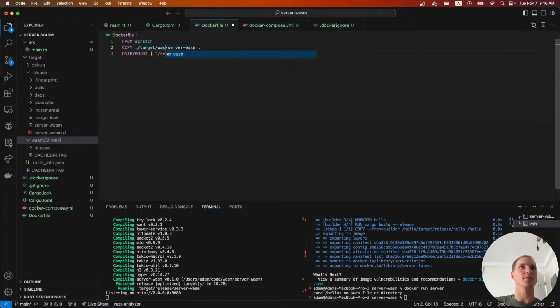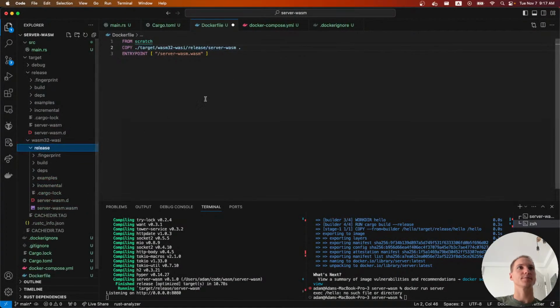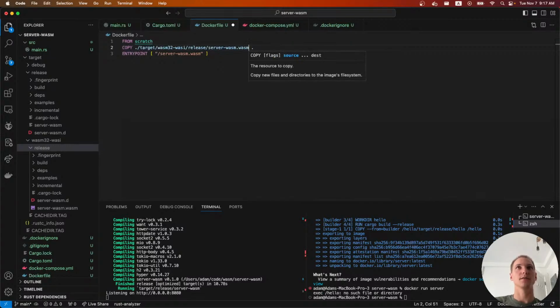Should be target wasm32-wasi release. So server.wasm. Voila. Okay, so then